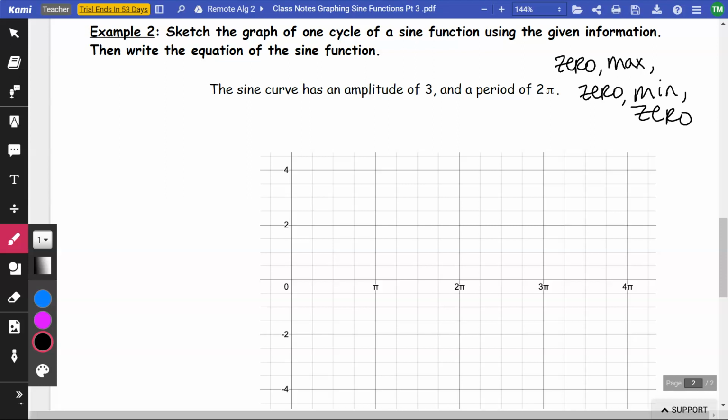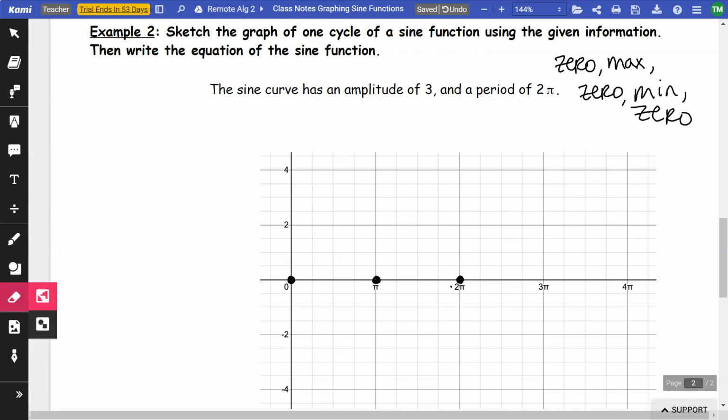So the sine curve has an amplitude of 3 and a period of 2 pi. That means from 0 to 2 pi, we have one cycle occurring. So 0 to 2 pi, that's my period. That means that I have my other 0 happening halfway between those 2 points. Halfway between 0 and 2 pi is pi. Then I have an amplitude of 3, and that maximum's occurring at 3, and then halfway between 0 and pi is